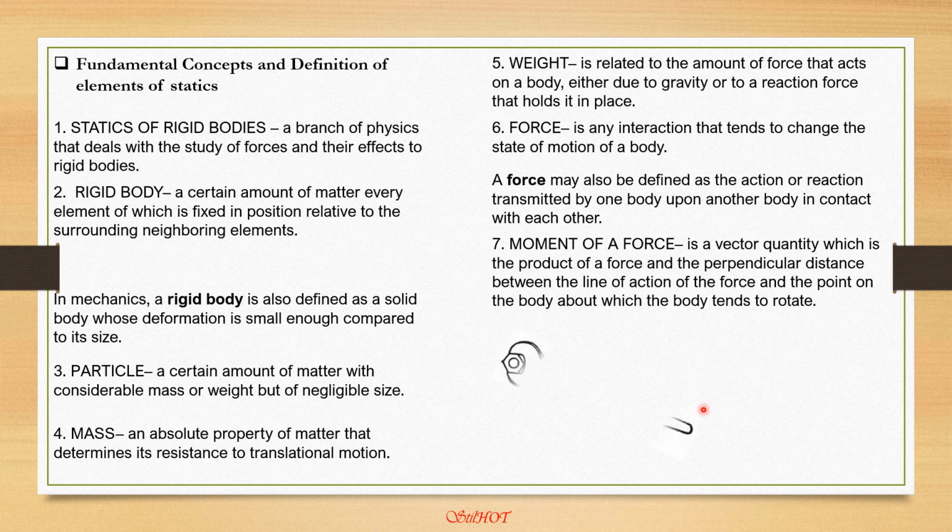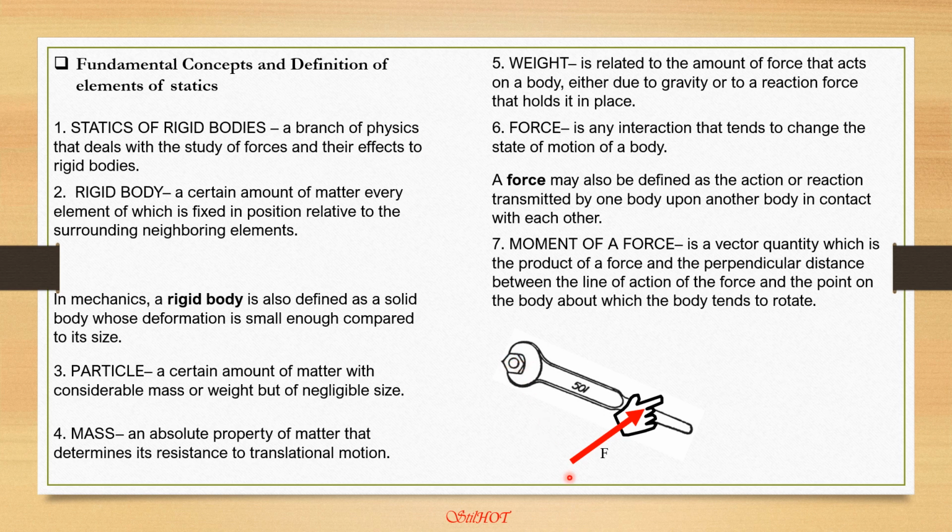So for instance, we have here a wrench, and you exert a force through your hand, and the force is directed, let us say, in that direction with a magnitude of F. Then the perpendicular distance of that line of action of force to the point about which the wrench tends to rotate, which is a bolt,